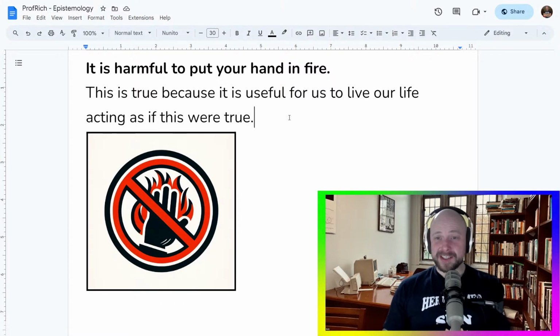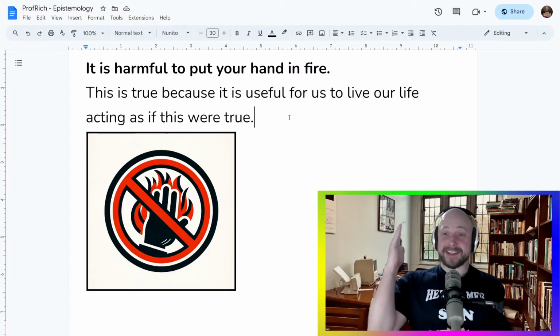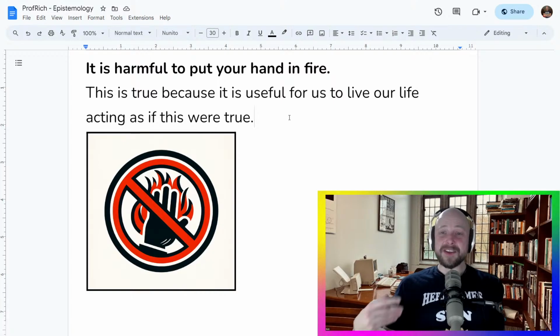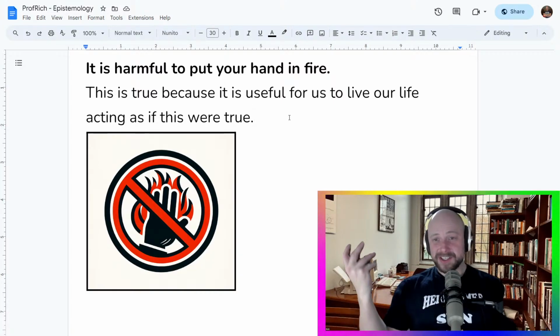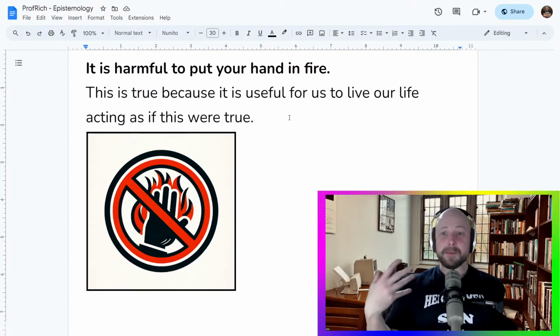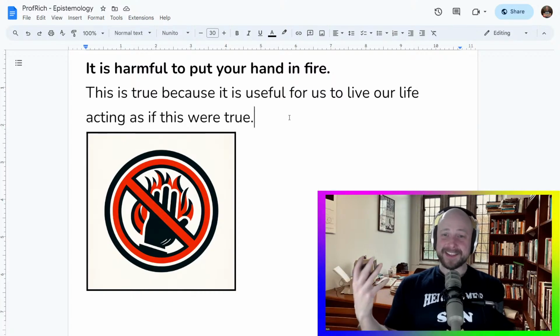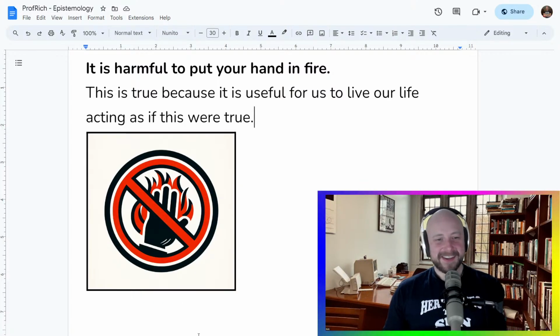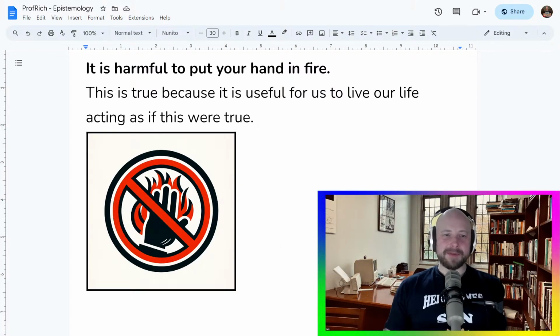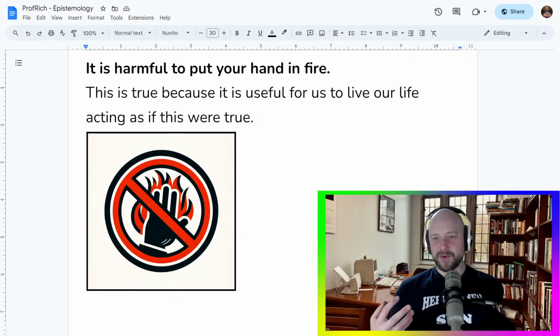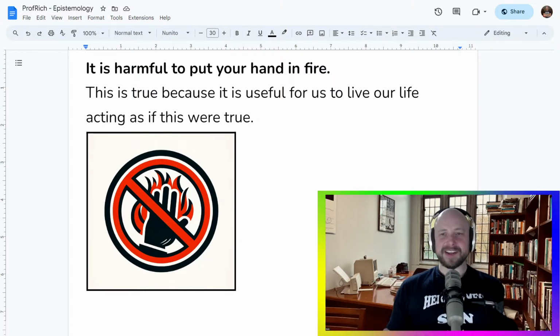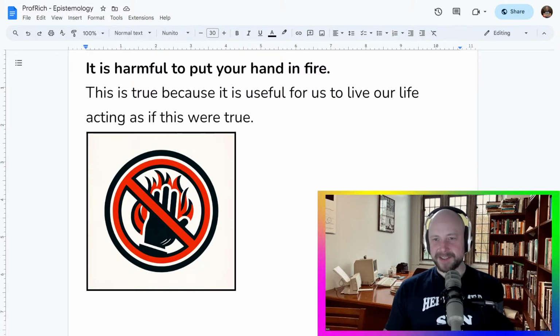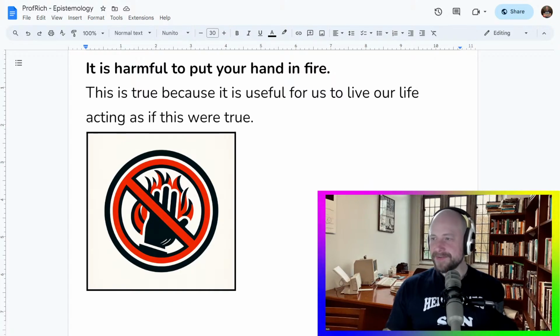It's useful because if you think this is false, then you may do something in your life which is not useful, such as burn your hand. And that's not very useful. So I quite like the pragmatist theory of truth as well, especially as someone who is very philosophical in general, but I can really appreciate pragmatism actually for the utility that it has.